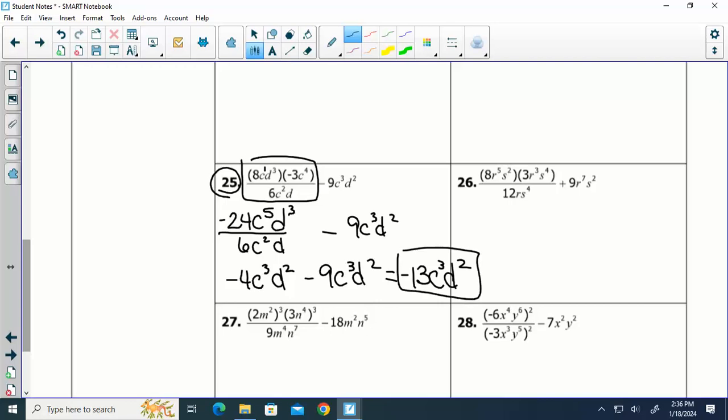Alright, so that one involved a combination. A little bit of everything. Do we need more practice with this? Okay. So that's our